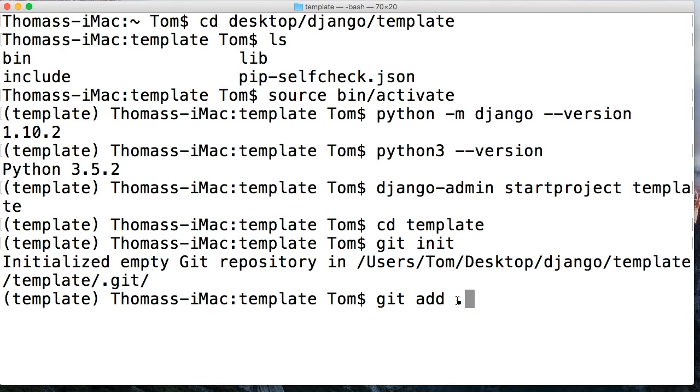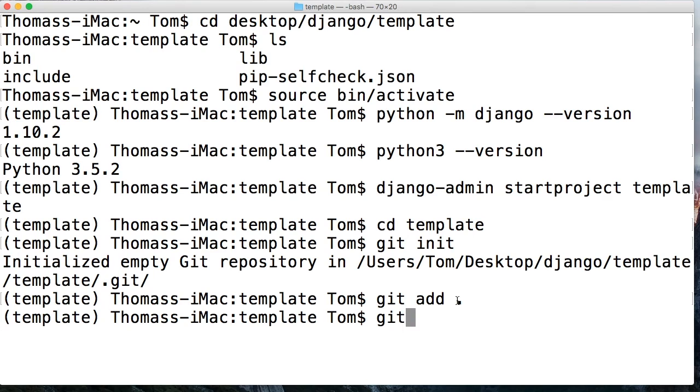If we want to use a specific file like manage.py, we do something like that. But we want everything. So we're going to put git add period for everything. All right, so now it marked all those files that are new to be committed to our database. So how do we commit it? We go git commit, and then we're going to do -m. So we're going to leave a message, and we're going to say